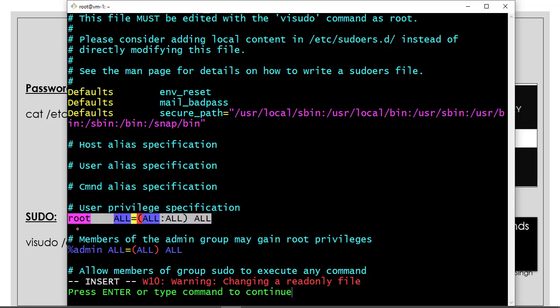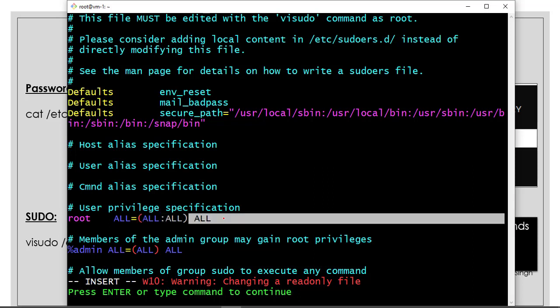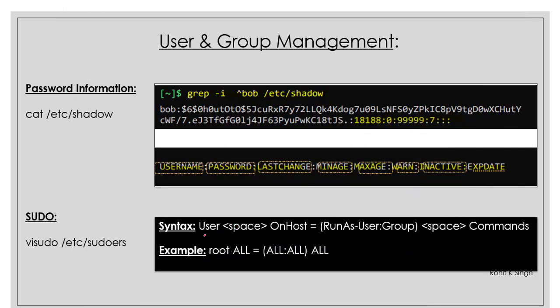Come and have this user information mentioned over here, and this is the host name, and these are the types of privileges you want to give and where you want to give the privilege. This is what is mentioned over here. If you come down and see this, this is how the syntax is: user, space, on which host you want